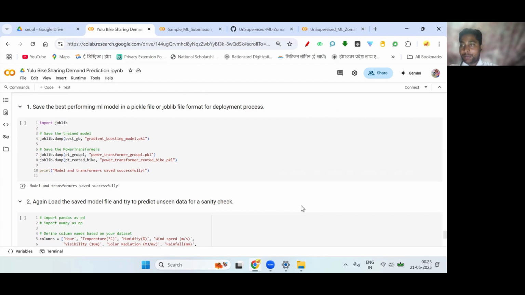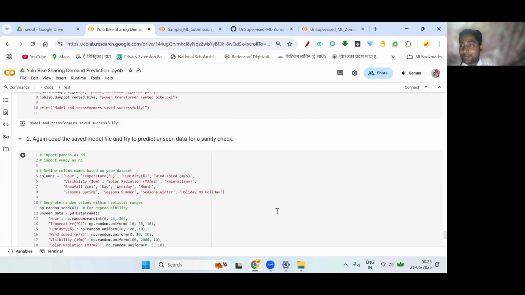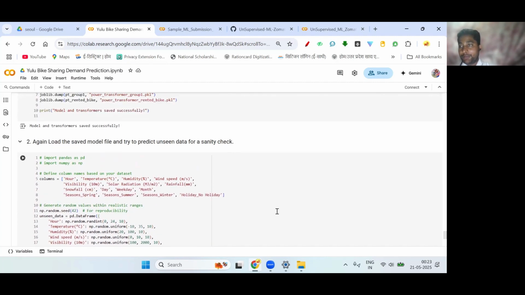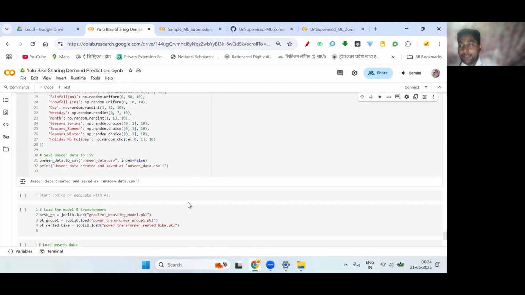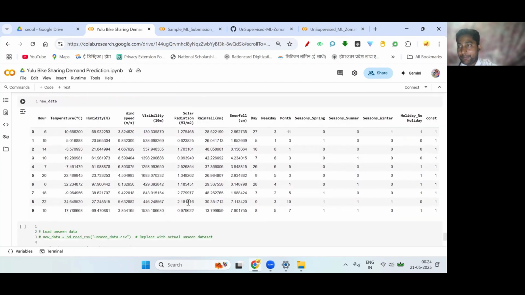After this, we checked on unseen data. This data mimics what a real user might send the model, with features like air temperature and humidity. Predictions were made on the transformed scale and finally inverse transformed back to the original rented bike count scale for real-world interpretation. This confirmed that the entire pipeline, from model